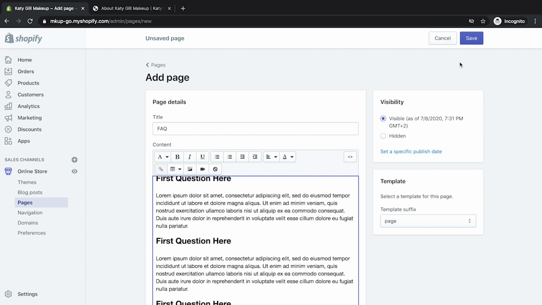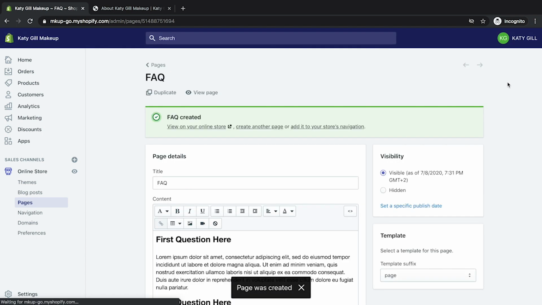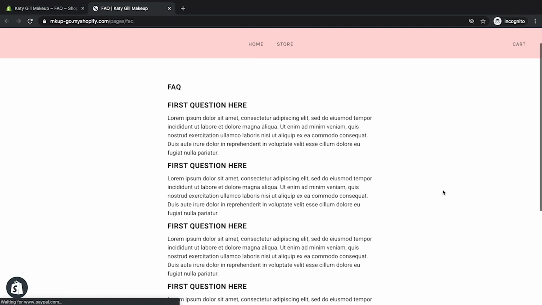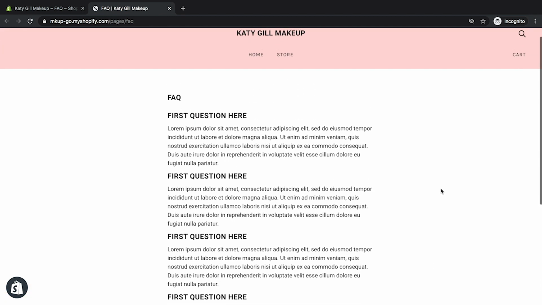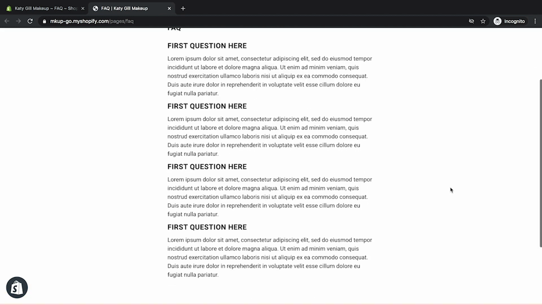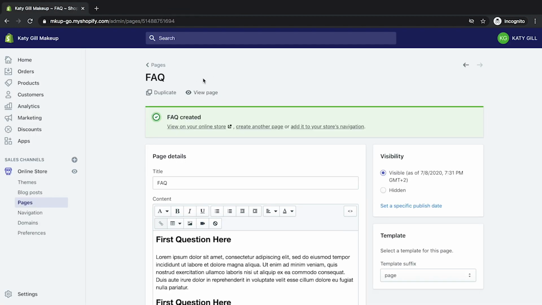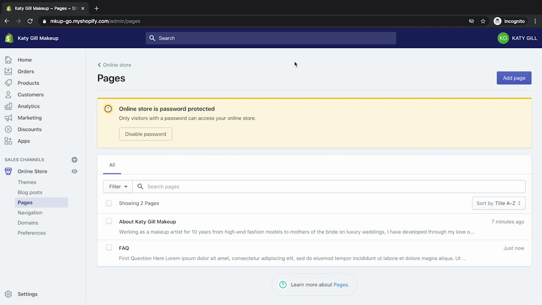So we'll save that. We'll view the page. Let's go to this one, and we've got an FAQ page. And you can obviously edit that and change it whenever you want, or create whatever pages you like. It really doesn't matter. So that's 2 pages that we've got on the go now.